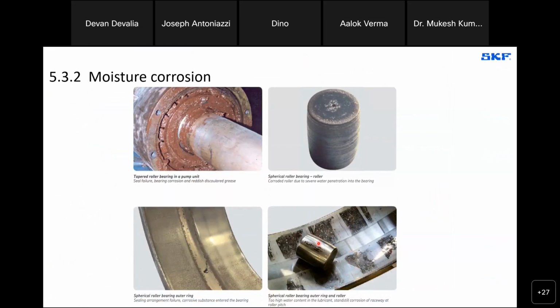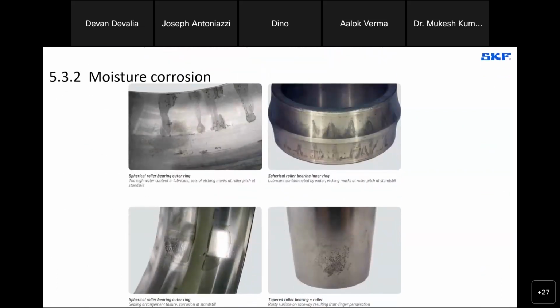Hard to differentiate sometimes if it's just lubricant staining, right? Sometimes your oils or your greases might leave some staining on the steel surfaces. So again, it takes a little bit of a trained eye to discern or determine that it is indeed moisture